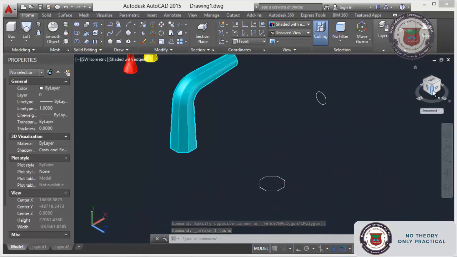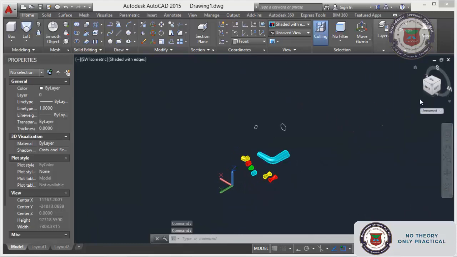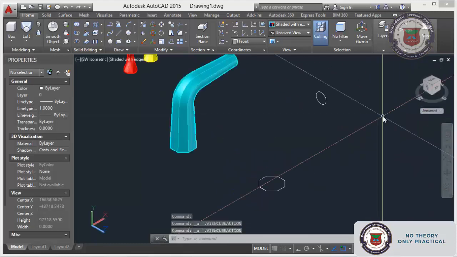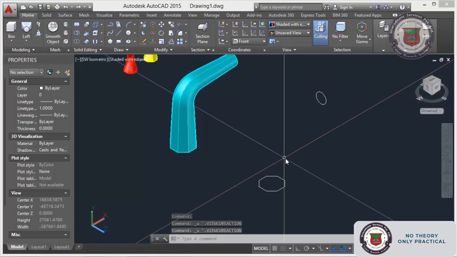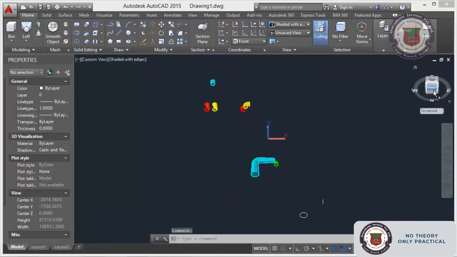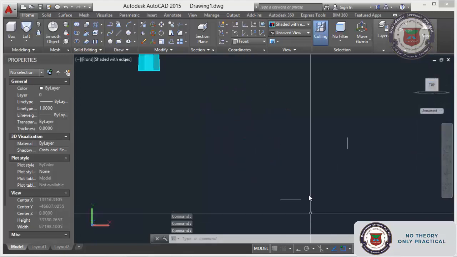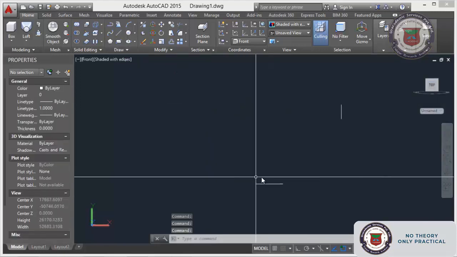So what I will do, I will do it in the front view. This side I will make the path.